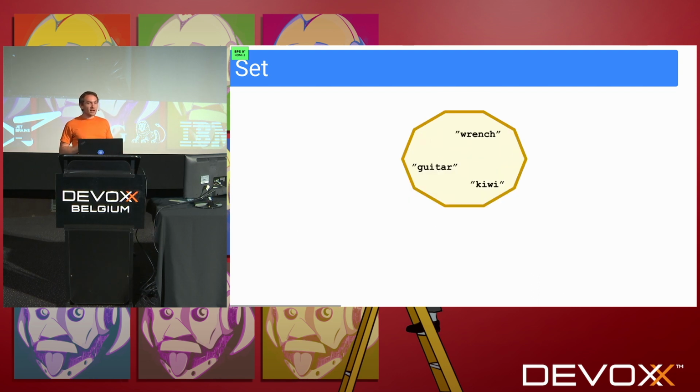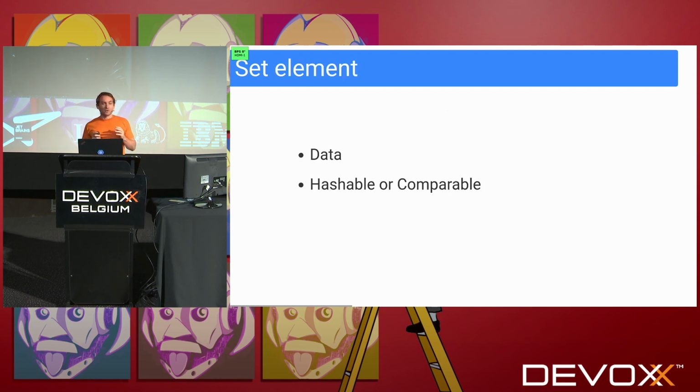So, when I say elements, I mean data. And when I say data, I mean a sequence of bytes or maybe sequence of bits. To determine if a specific element is in the set or not, this is the membership testing. A naive algorithm would check all of the elements in the container and take a running time proportional to the size of the whole set. However, actual implementations are much more efficient than that.